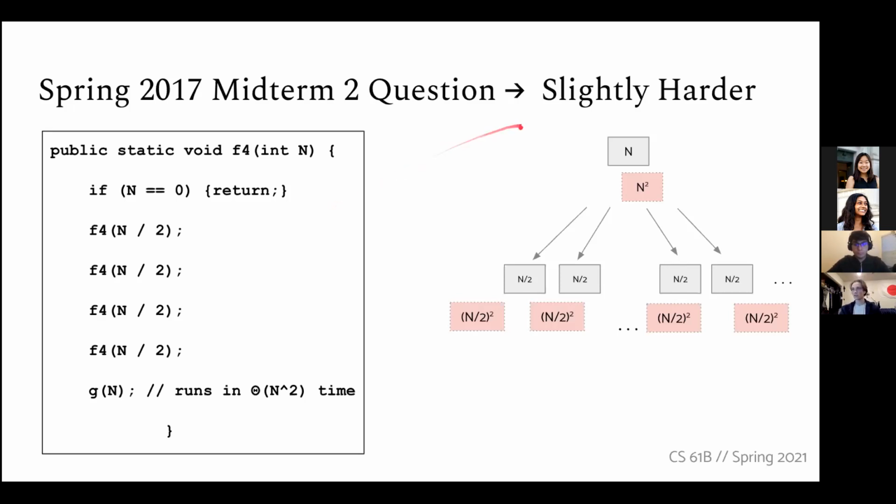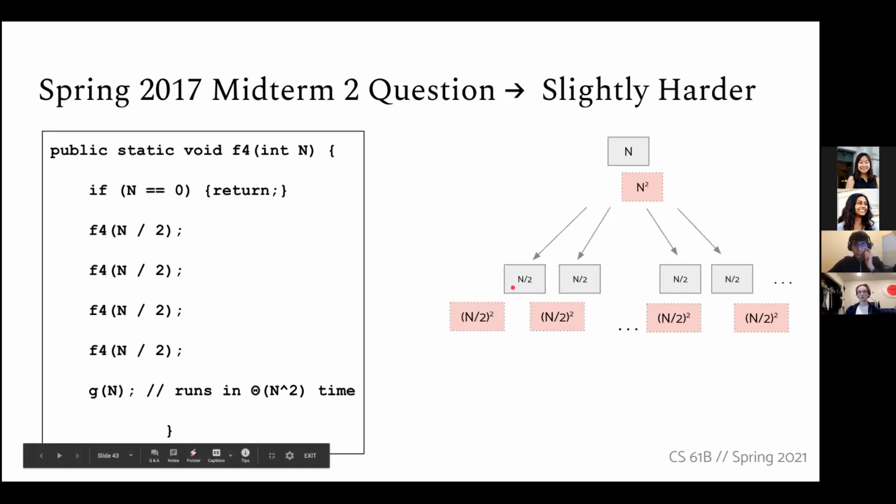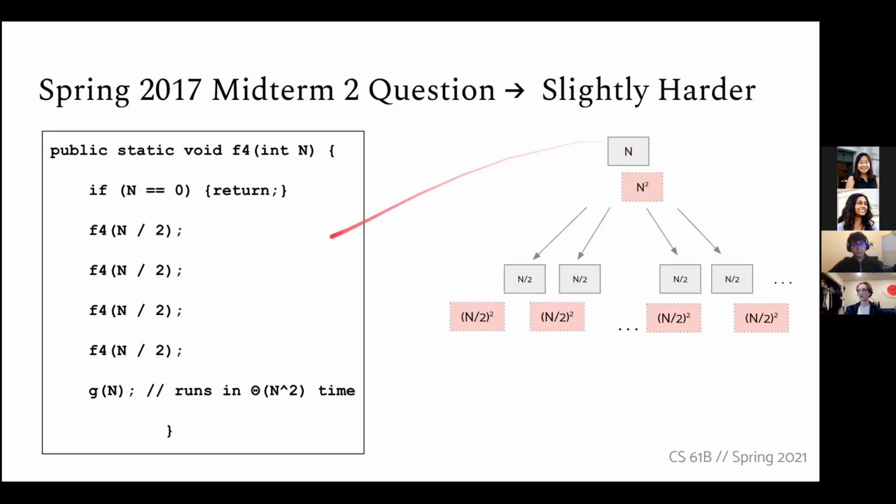Yeah, that's a very good question. So we are calling this recursive call 4 times for any given node. But I think what you're concerned about is how far down do we go? And so that's going to be dealing with the height of the tree. And so we can find out the height of the tree by understanding how n is decreasing. So at each level, n is being divided by 2 until it hits 0. And so like we saw with previous examples, this is characteristic of a logarithmic function. So it'll take log base 2 of n calls to make n equal to 0